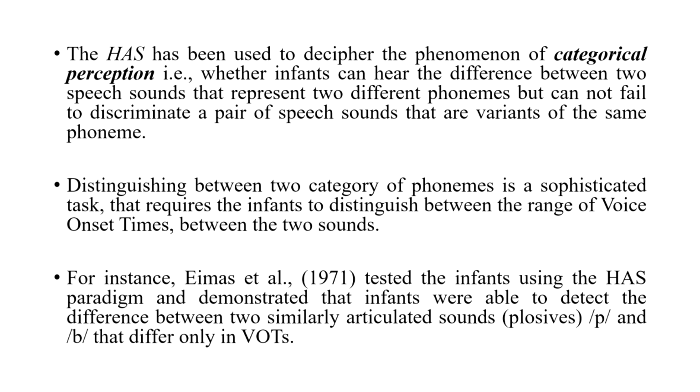Now, ba and pa are different in terms of what are called voice onset times, which is a variable that pertains to the amount of time that elapses after you've started speaking and the vibration of the vocal cords. These voice onset times are typically integer values. It could be positive if the vocal cords vibrate after the sound has been produced. It could start vibrating before it, so then the value will be negative, or they could start vibrating at the same time that you are producing the sound, and then the value will be 0.